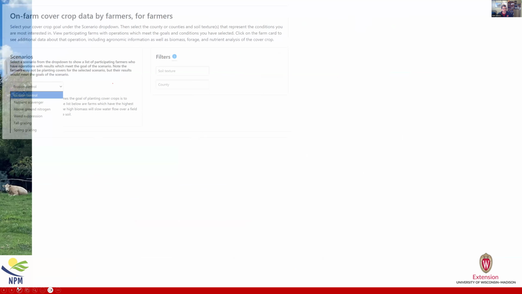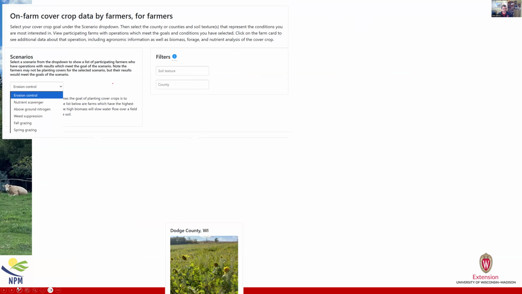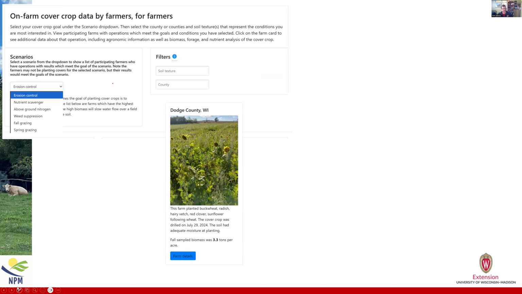Within the dashboard, you'll see a new tool called a scenario tool. This is where you can choose different scenarios, anywhere from looking at cover crops that help with erosion control, weed suppression, forage quality for grazing, soil texture, county that you're in. Once you add all these in, you get different little cards highlighting what those covers might look like and what